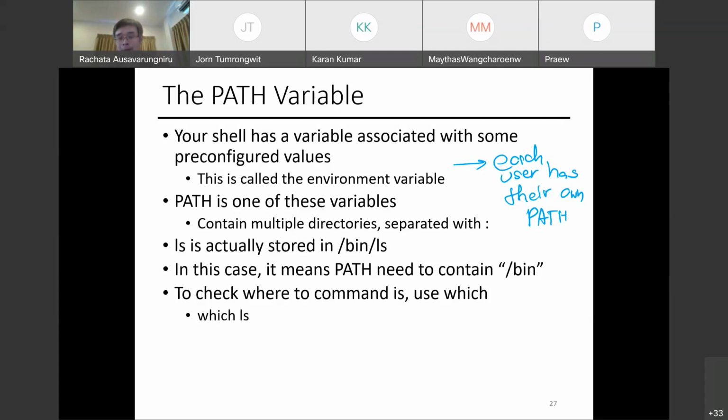Why is this useful? Anyone? If you have used Python before, did you realize that there are people who use Python 2 and there are people who use Python 3? Because certain things are available in version 2, and certain things are available in version 3. Anyone realize that? That's like different versions of Python.